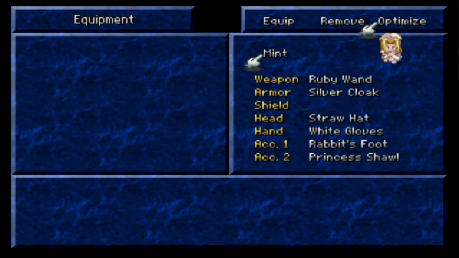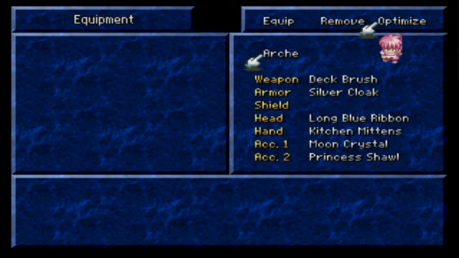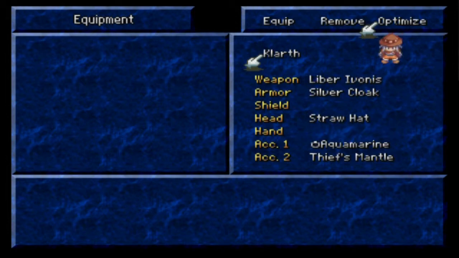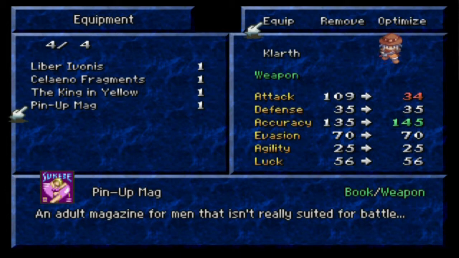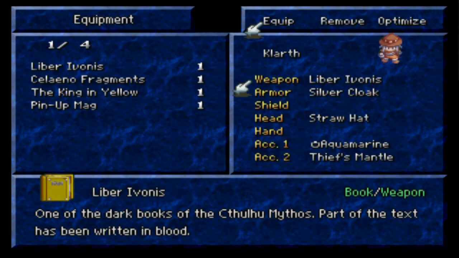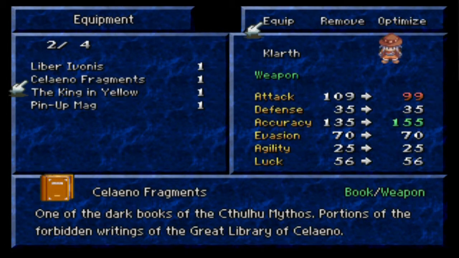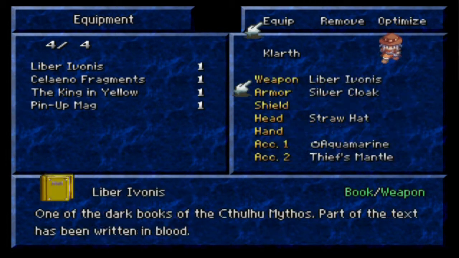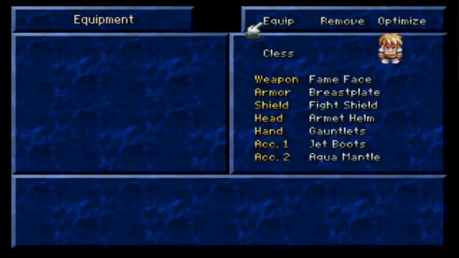Alright. She doesn't have anything new to equip. Clarth, yep, bump him up there. And Arch, take care of that. Why did it change your weapon to the Liber Ivonus? Oh! Liber Ivonus is more powerful than the Kaleno. Oh, my mistake. Anyway, they're all set now. Actually,